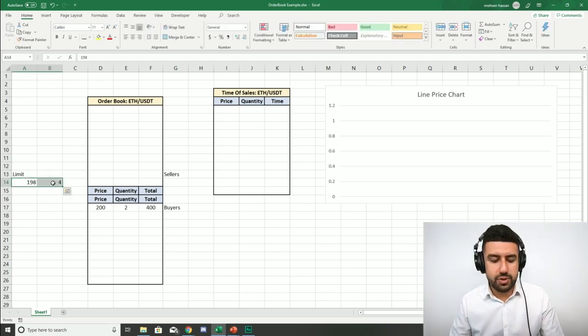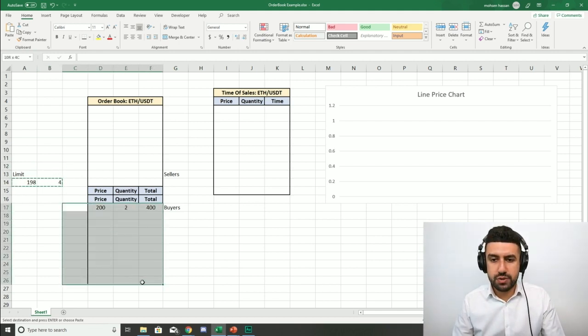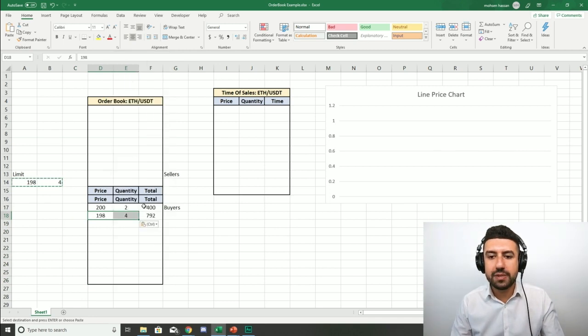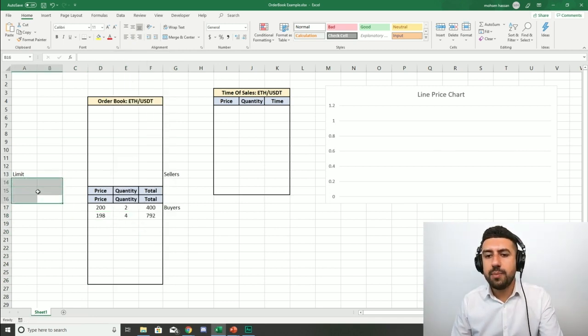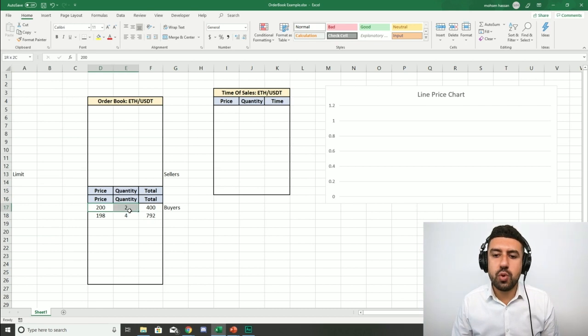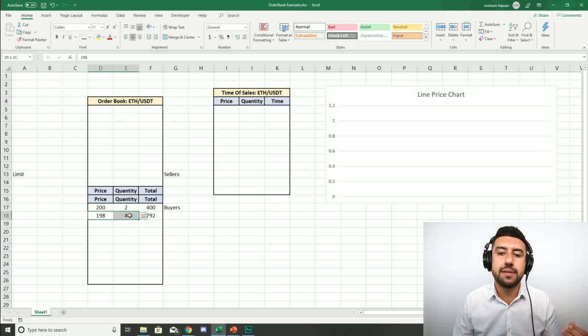Well, that person sends the order. When it goes to the exchange, the exchange is going to order all of these orders in ascending order. Okay. So they're going to put this one below it. Why? Because if somebody wants to buy at 200, he's going to have priority over somebody who wants to buy at 198. Because a seller will prefer to sell to the guy who wants to pay more than to the guy who wants to sell less.